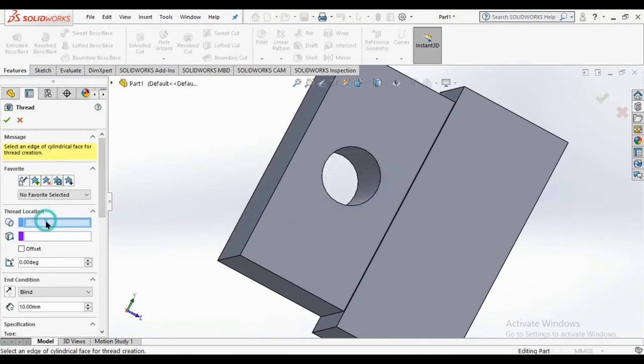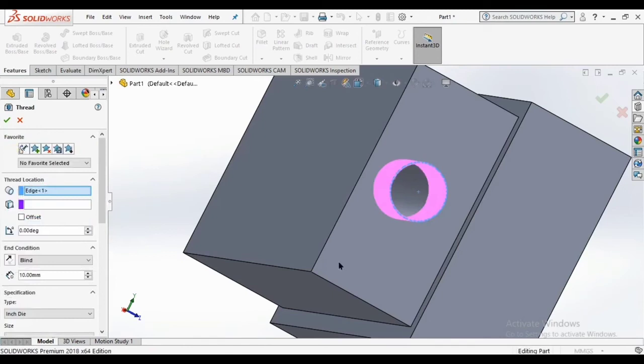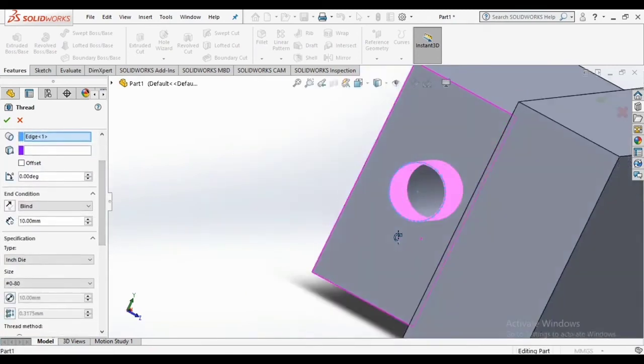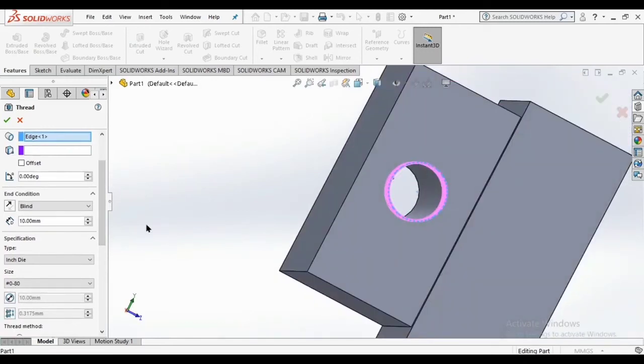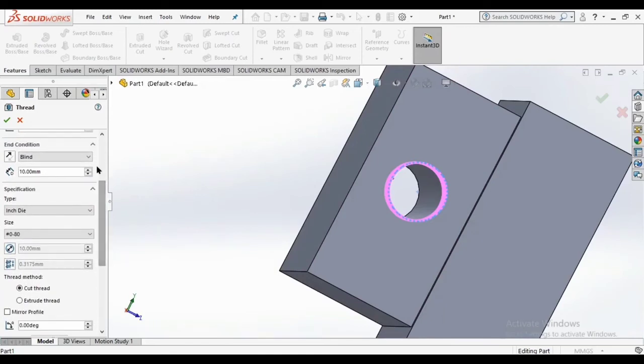okay, it is asking me for the thread location, so we have to select this one. It will take some time, and the threads are made automatically. We want metric there.